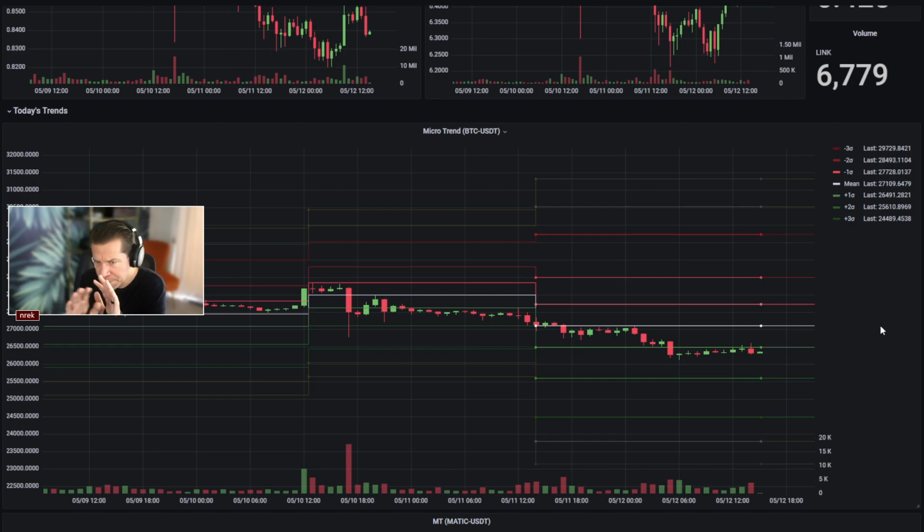And just the way that it's behaving along that lower side 1 sig at the 26,491. Obviously getting back above 26.5 is a good thing for the psychology round numbers part of it. But if you are hoping to see something on the upside of 27K getting retested, or that range, maybe even hitting 27,728, like the upper side 1 sig says, you really got to get some good 1 hour action above that lower side 1 sig, that 26,491. Or, hear me out, 25,610, right? With the 3 sig down there all the way at